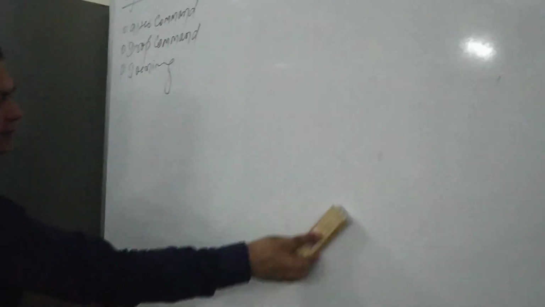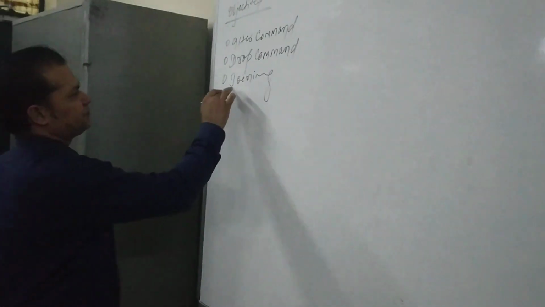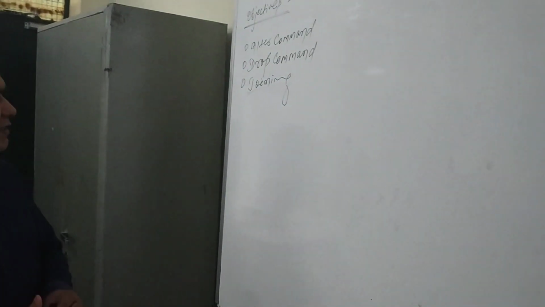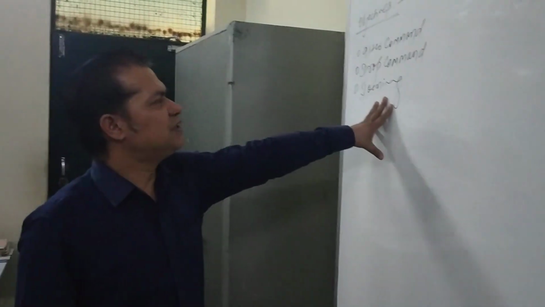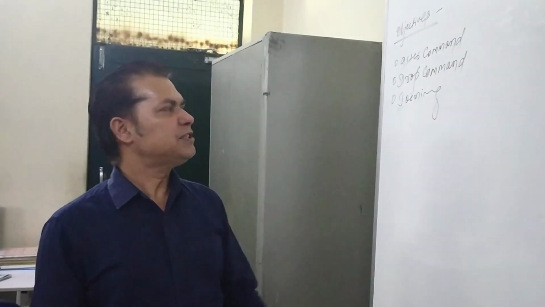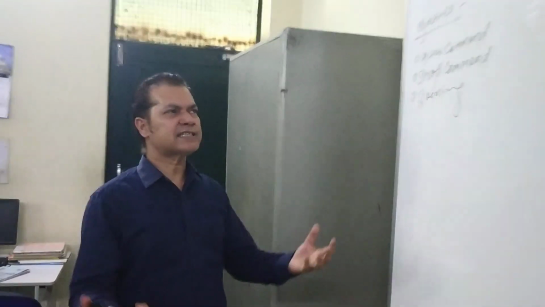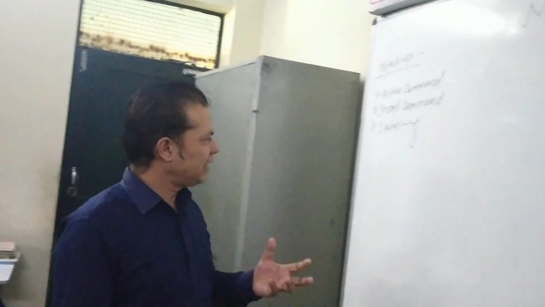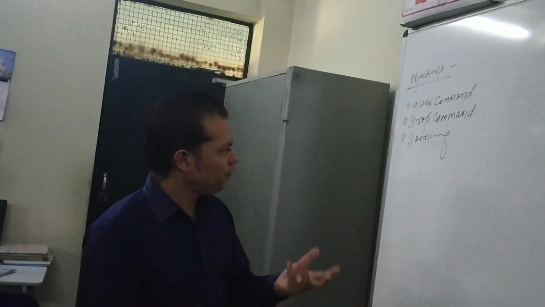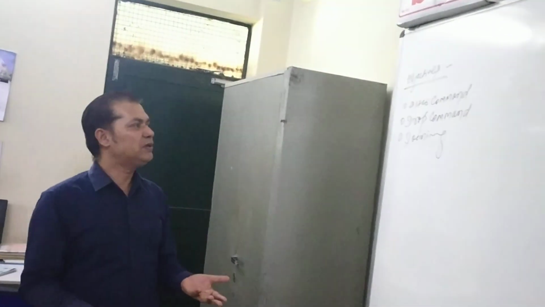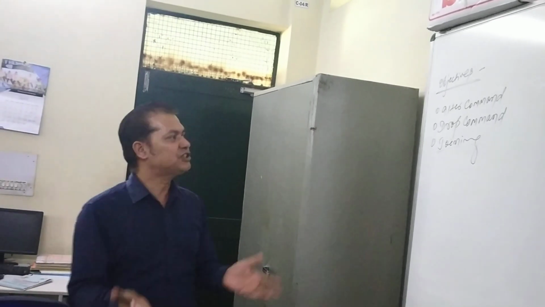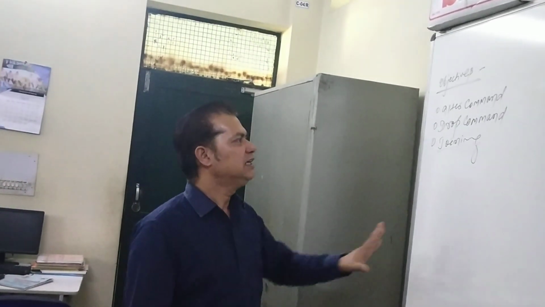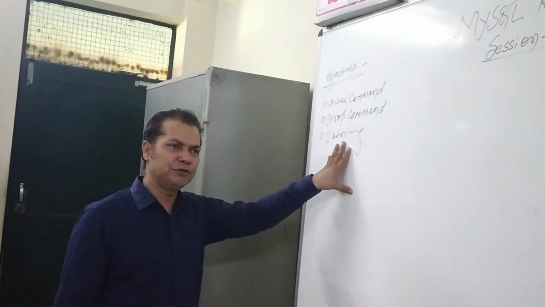Now the last topic of today's session is joining. Joining is a feature, or a SQL statement, which helps us to retrieve, fetch, or extract the data from more than one table. Since it's joining, the word join means to combine. So if you want to display data which is based on more than one table, then joining in MySQL can help you do that.